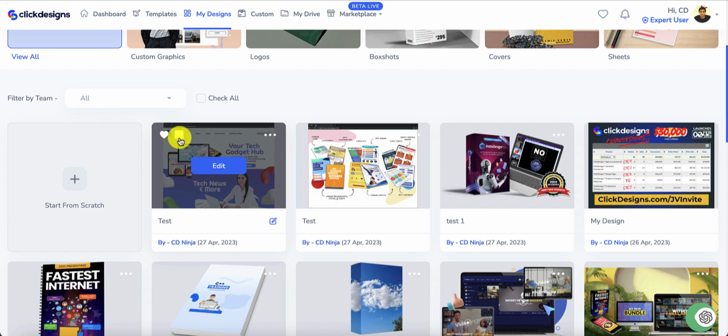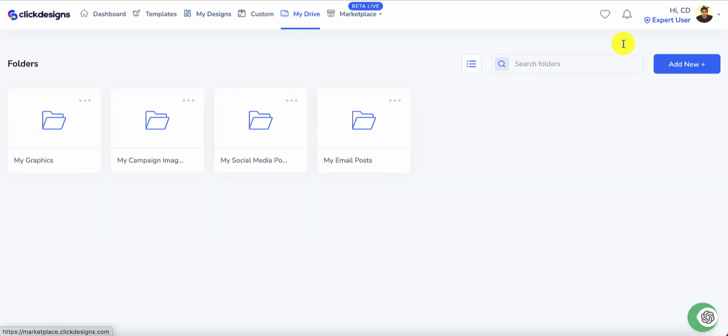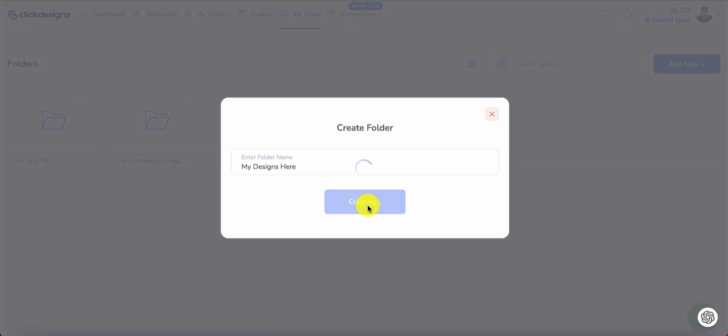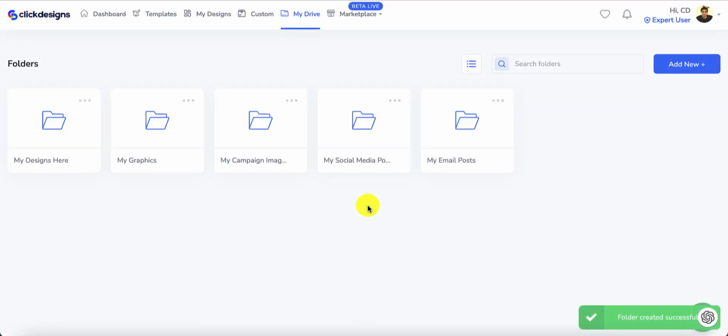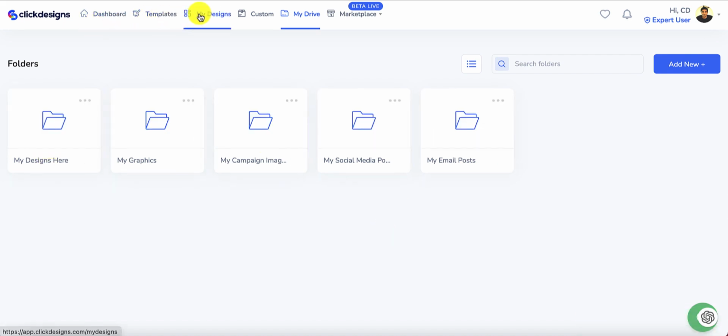certain ClickDrive folder. Now make sure that you have existing ClickDrive folders created. If not, all you need to do is click on My Drive. Right after that, click Add New and then type in the name of the folders here. Then click on Create. For this example, I've created several different folders and I'm now going back to the My